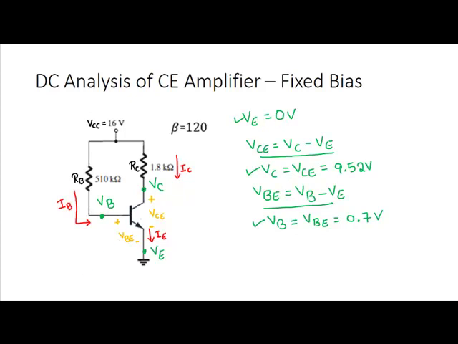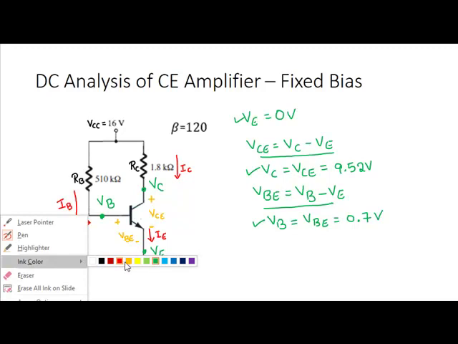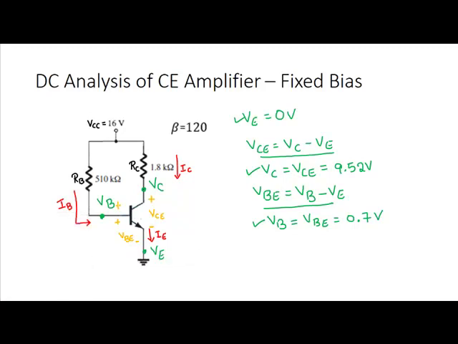Okay, just to make sure that the transistor is biased properly, let us calculate this voltage VBC, voltage between base and collector. So this base collector junction should be reverse biased. So let us calculate what is VBC. Again, let us use the double subscript notation. VBC is nothing but VB minus VC. So let me plug in the values of VB and VC. VB is 0.7 volt, which we calculated in the previous step, and VC is 9.52 volt.